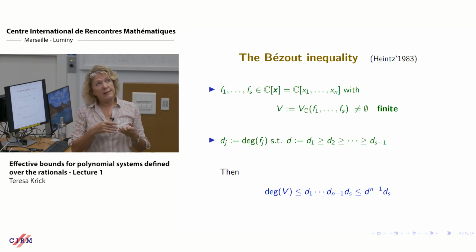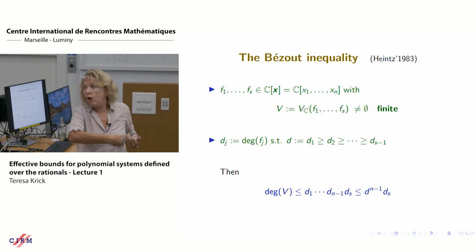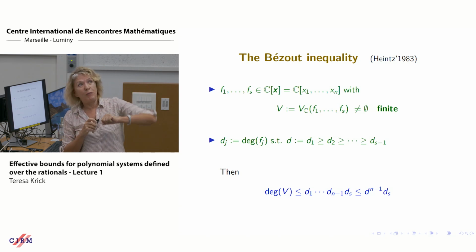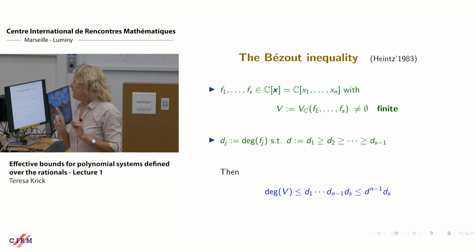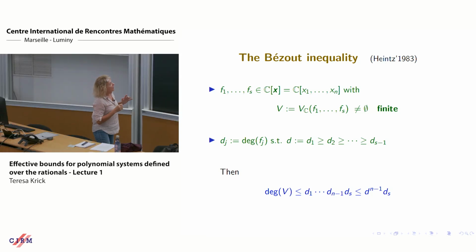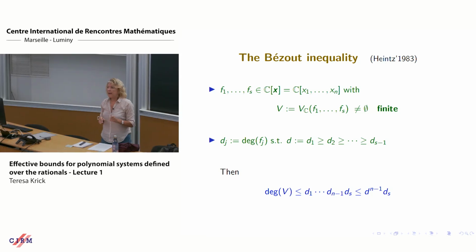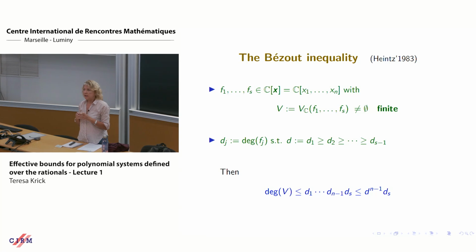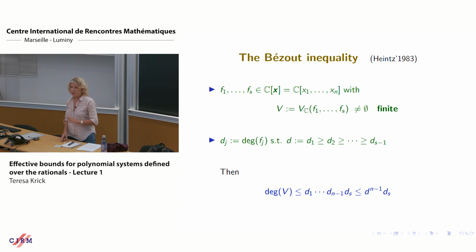Why is this not the product of all the polynomials? Here I am only taking n polynomials. But that is because, in general, if you have a finite variety defined by s polynomials, what you can do is, okay, you take one polynomial, the last one, fs. It defines a hypersurface. It may have many components, but it is a hypersurface.